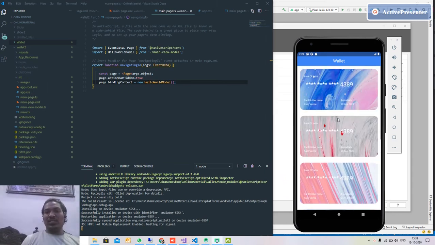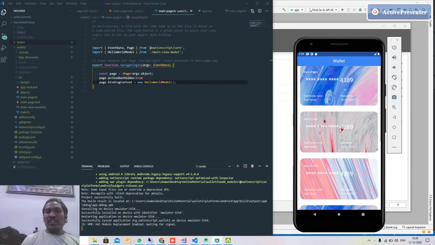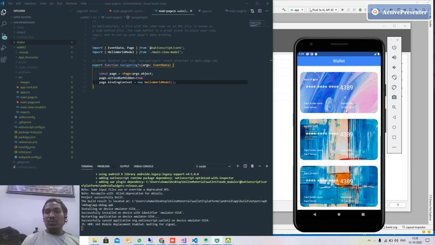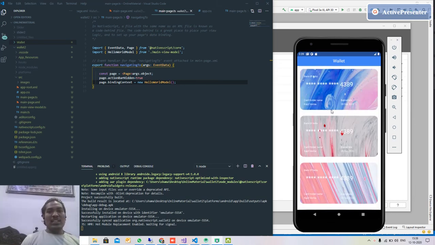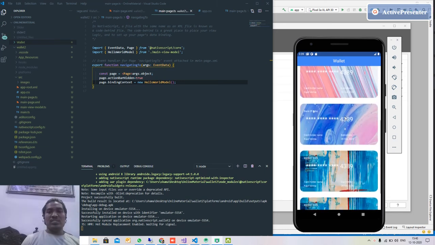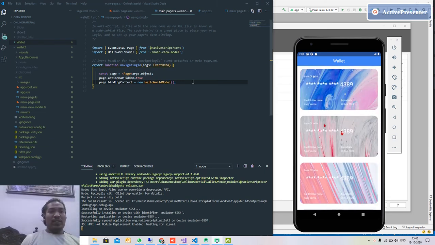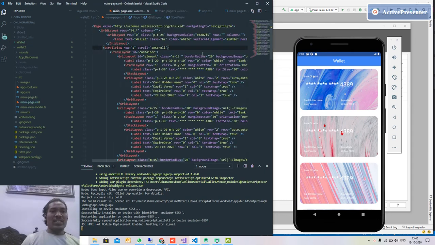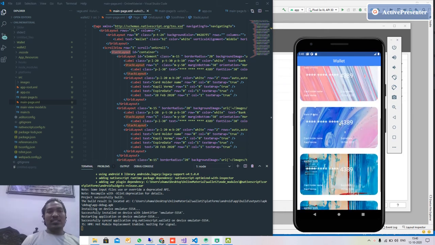It's just a list with some layout of credit cards. I will quickly explain how to make this layout so that we can start from the animation. Here we have the XML file. It usually has a scroll view, and in that there is a container, a stack layout, which has all these cards.